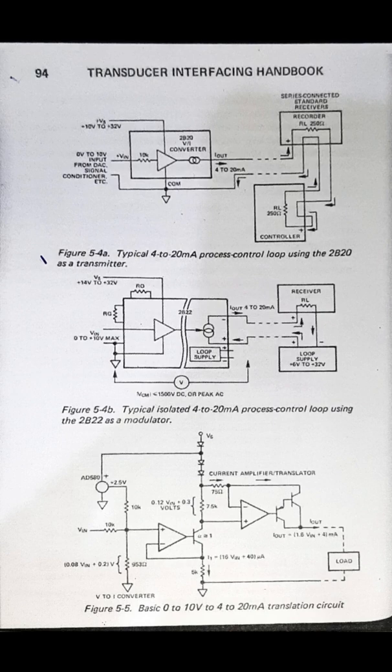A characteristic of the 4 to 20 milliampere loop is non-linearity and linearizing. A linear system element is one in which cause and effect are proportional. If there are several inputs, the output is proportional to their sum. Non-linearity is a measure of the departure from proportionality. Figure 5.6 shows the input output plot of the ideal linear relationship and a non-linear relationship, and the difference between the two is the non-linearity.